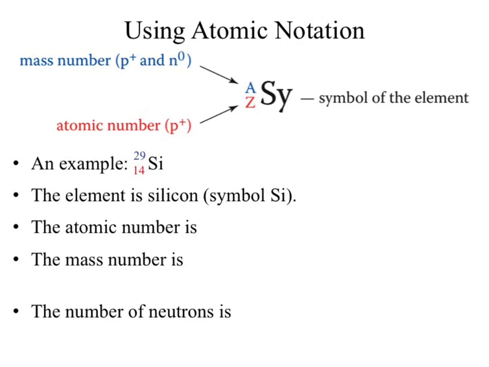So if you looked at stability for an individual element, you would see that it's close at the lower ends. It's usually 1 for 1. At the upper ends, it starts to get higher. You start to see more neutrons than you see protons. So it depends. It's not always 1 for 1. We'll come up with another example for why it's not 1 for 1 in a second.